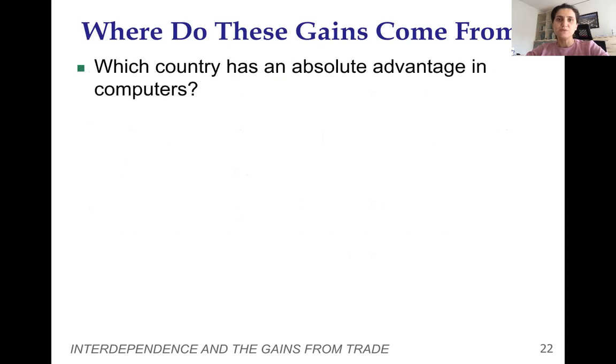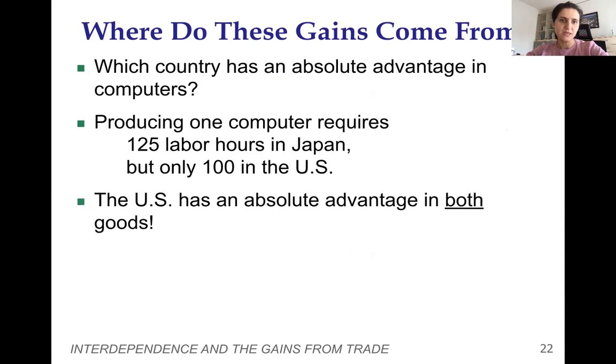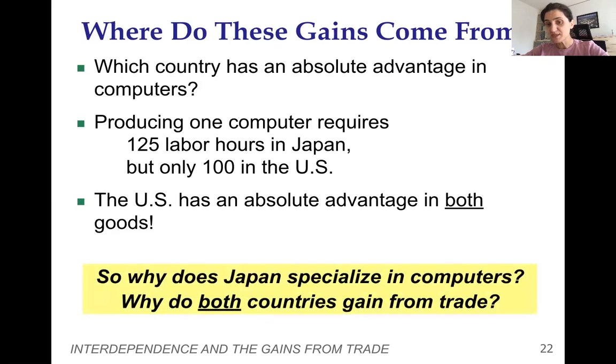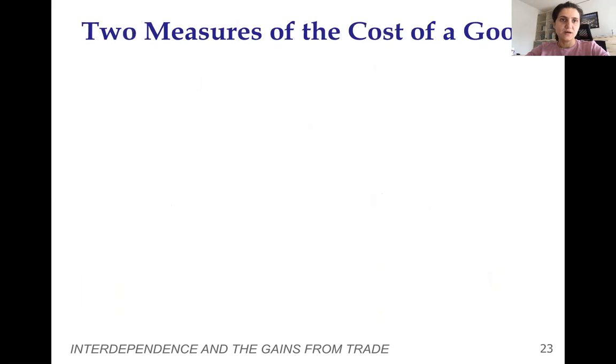Okay, it may explain what comparative advantage is. Which country has an absolute advantage in producing computers? We told already, US. Producing one computer requires 125 labor hours in Japan, but only 100 hours in the US. US has an absolute advantage in both goods. So why does Japan specialize in computers, and why do both countries gain from trade? Why doesn't the US produce both of them? We are going to answer that because